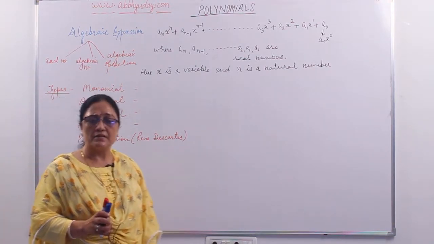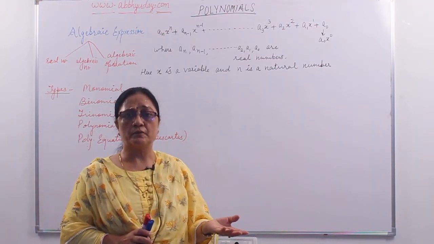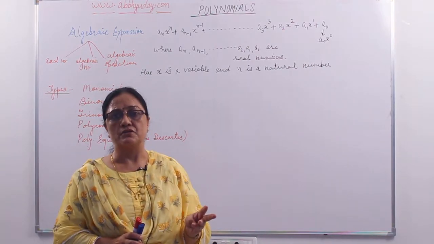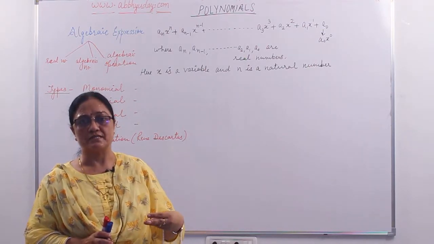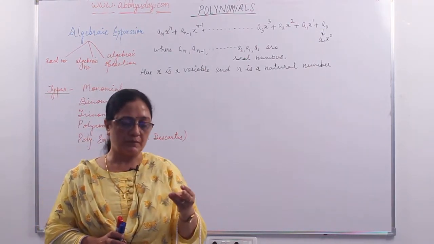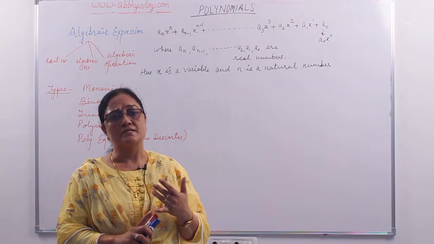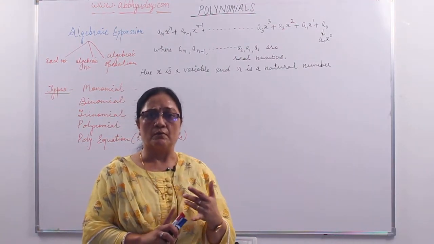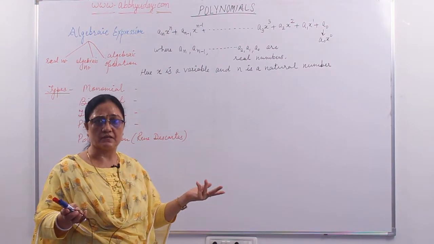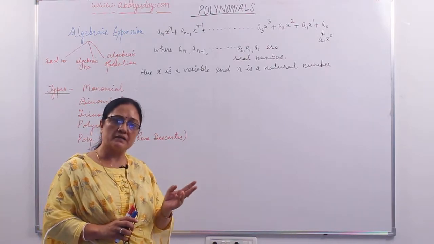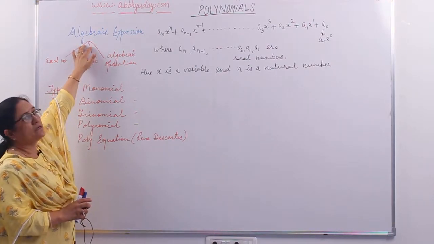Algebraic operations means just like the arithmetic operations: addition, subtraction, multiplication and division. Same way in algebra also we have these four operations. So in polynomial what will be there? Polynomial में real number होगा, algebraic number होगा और साथ में operation होगा. कौन सा operation होगा? algebraic operation होगा. जैसे यहाँ पे plus लिखा है, minus भी लिख सकते हैं. Okay, so there may be plus, minus, multiplication, division also. Clear? So this is called an algebraic expression.